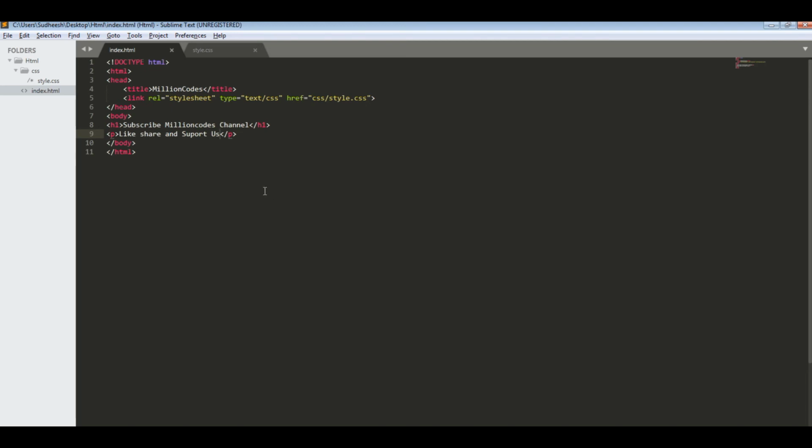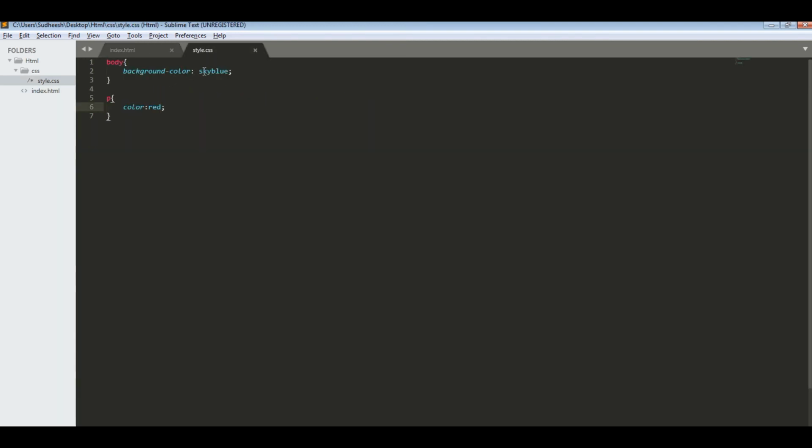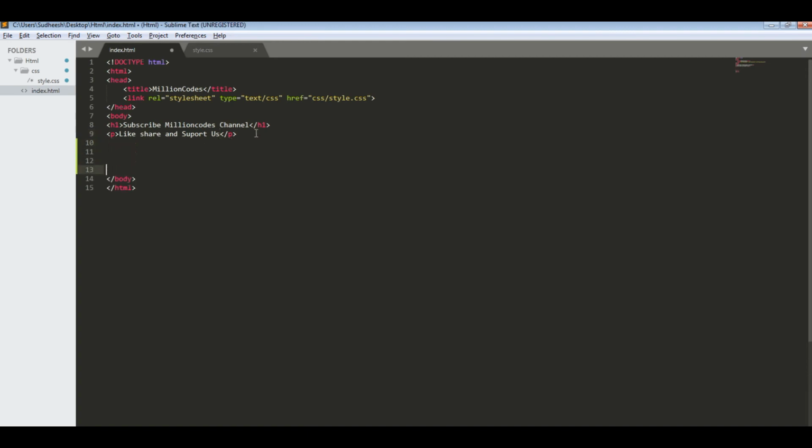So I am going to change the background color to indigo. Okay, I have changed something here, and I am going to change the color to white here, and I am also introducing a paragraph.